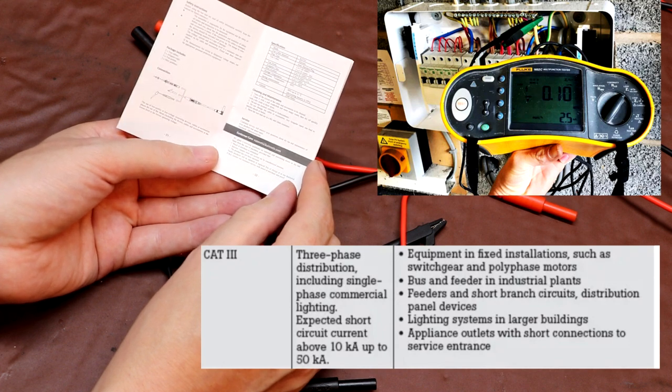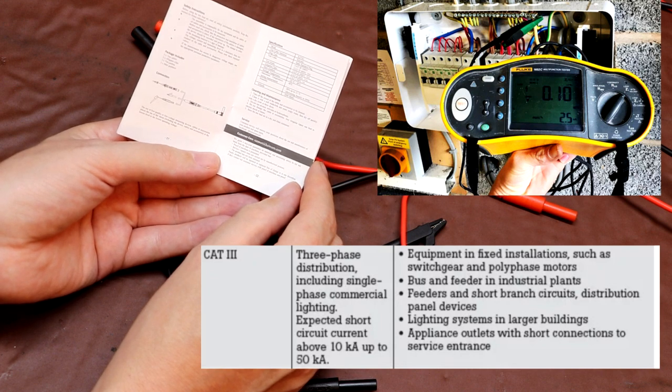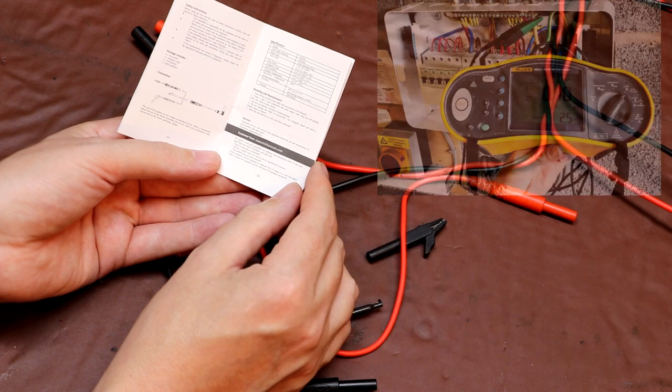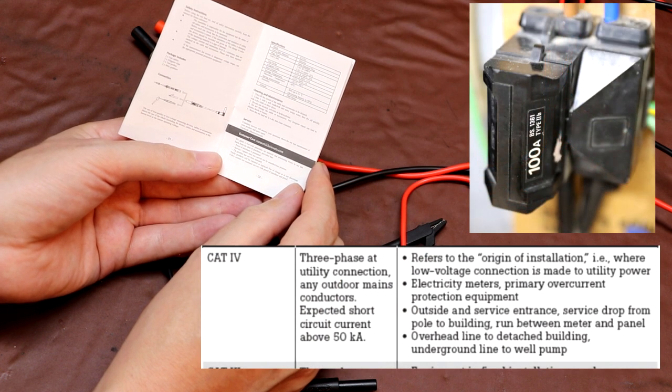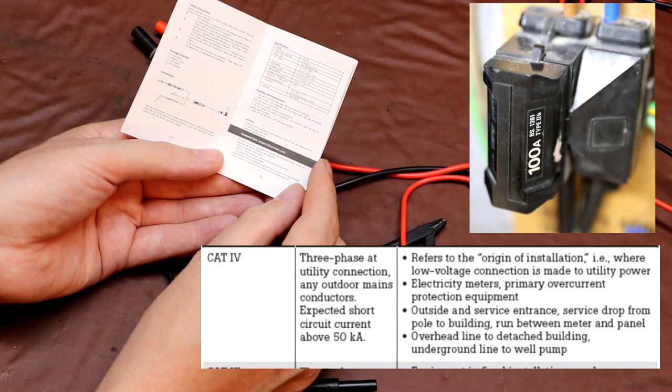So again, that would be a higher safety category rating. And certainly in the UK, our consumer units are actually fed from a fuse which is supplied by the DNO, which is the company or the organisation responsible for delivering the power. Now the DNO will actually provide you with a main fuse, so your consumer unit is maybe fed with 100